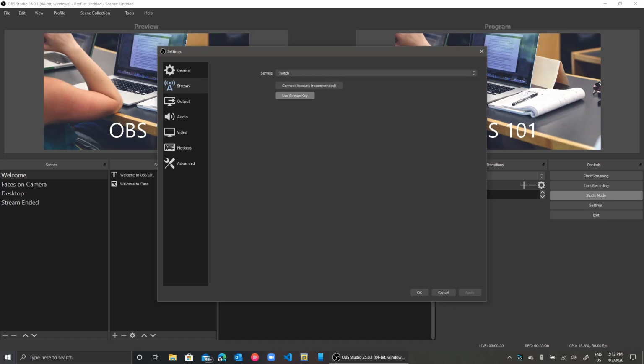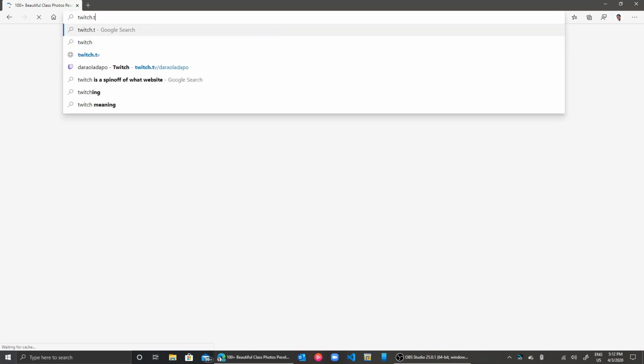There are two ways. You can either connect your Twitch account or use your stream key that you will get from your Twitch account. I will use the use stream key option, but it's recommended that you use the connect account way. I just want to show us how to get started to get your streaming key from Twitch. The process will be different depending on the platform you plan to stream to when you get started with your own copy of OBS. I will log in now to my Twitch account,